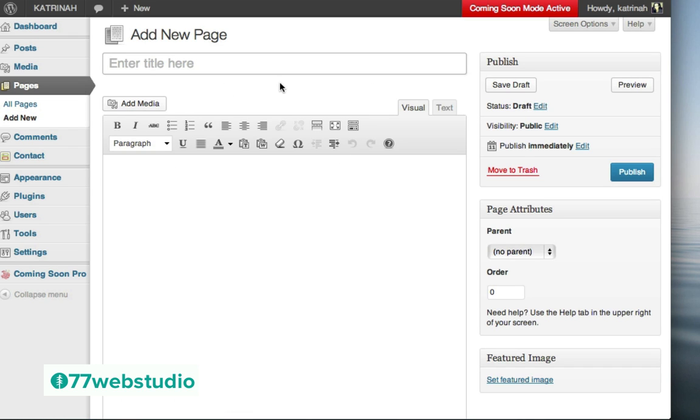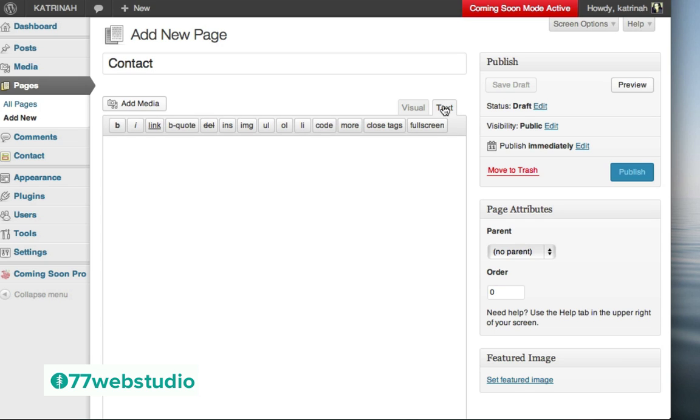And then here, once again, on the Add New Page screen, the first thing we want to do is give our new page a title. So I'm going to call this Contact, since this is the contact page. Then note, we need to add the short code we just copied in the previous step. We need to add it here in this area right here. Note, however, that we want to include it in the text view, which is where the code is located, not necessarily in the visual view. So just go ahead and click on the Text tab, and then you can just paste in the code that we copied in the previous step. So there we go, that looks good so far.